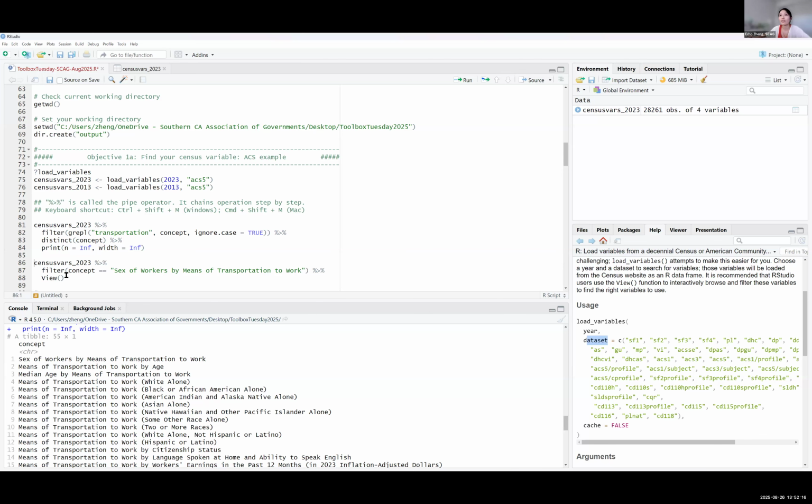So I just do another code to tell R to look for rows where the concept has this exact phrase, sex of workers by means of transportation to work. So this is different from concept containing the word transportation. This is telling R to look for rows with the exact value, and then we hit view, and that will give you the data set.